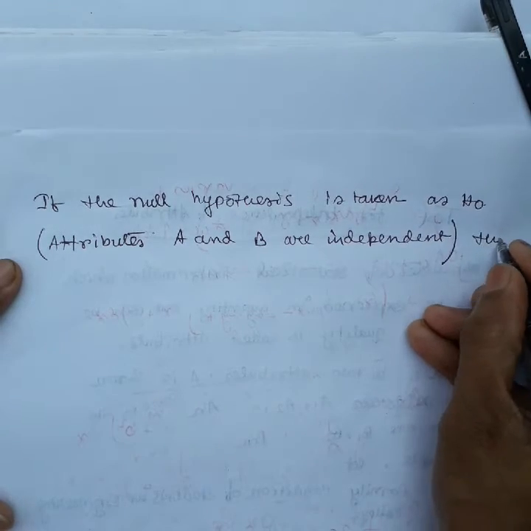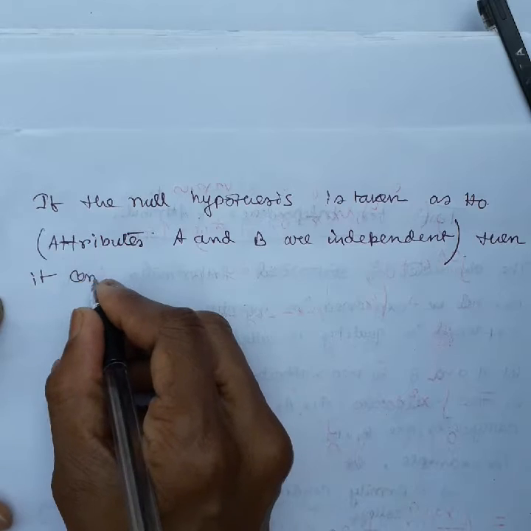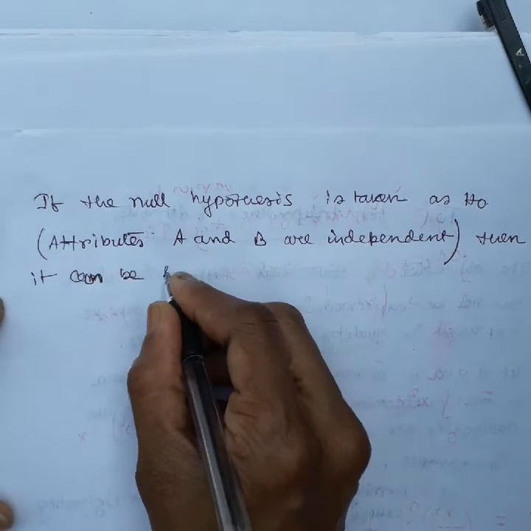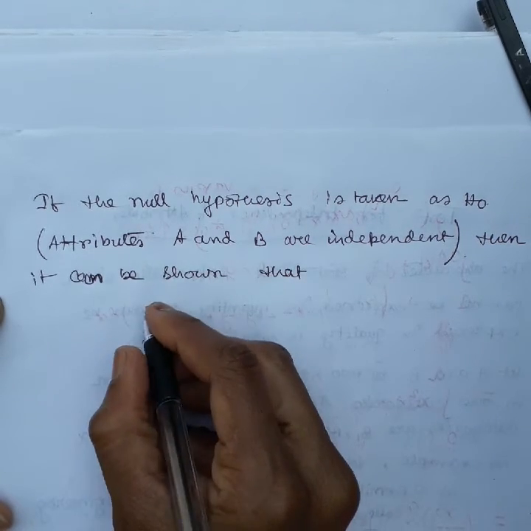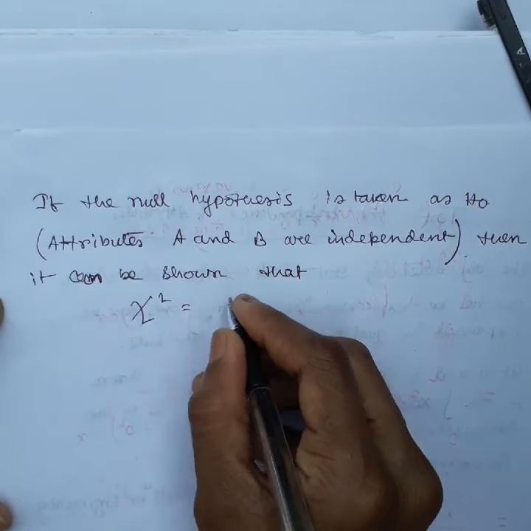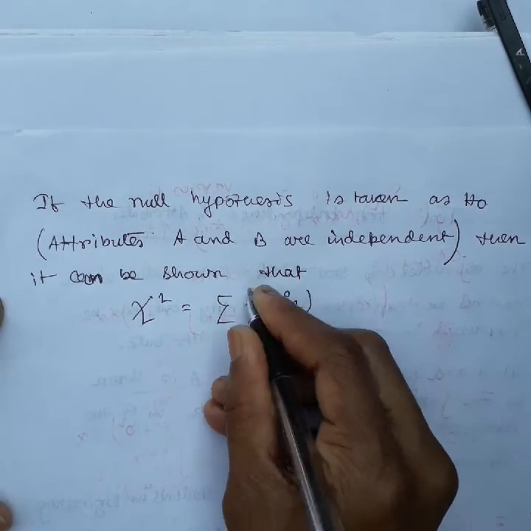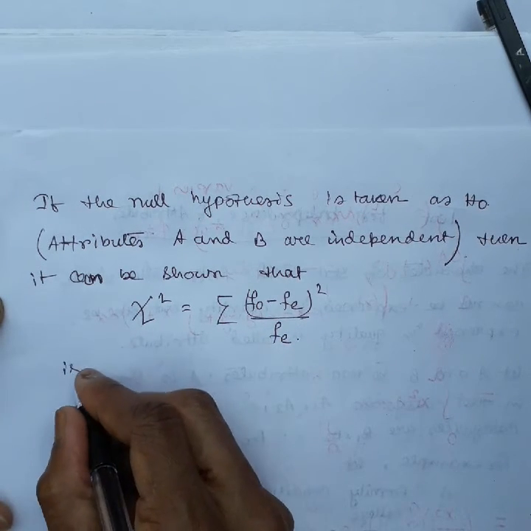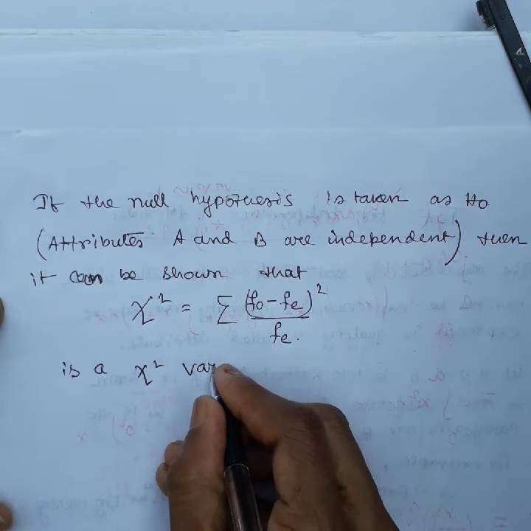Okay, then it can be shown that chi-square is equal to summation of (FO minus FE) whole square by FE. This is a chi-square variate